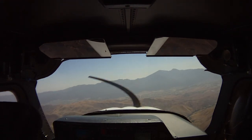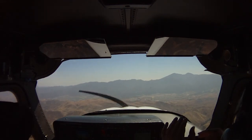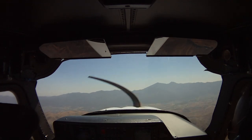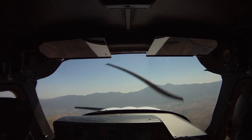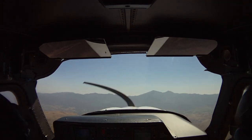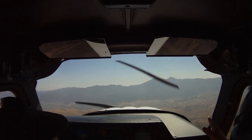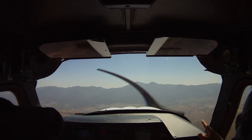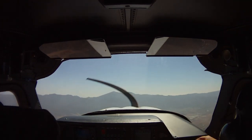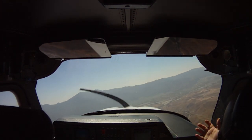Okay, so as you're doing a turn with the airplane configured for slow flight like this, the plane is kind of sluggish. You'll notice that it doesn't respond as quickly, it kind of lags behind, so we don't have as much effectiveness over the controls, and that's because the airspeed is obviously slower, so there's less airflow over the controls. So we have to be a little more patient, and if you make a turn to the right, let's say here, as you roll in, it takes a little while for the plane to catch up, and once it starts to roll in, then you almost have to sit and hold it back a little bit because it'll tend to want to continue to bank in. And again, the plane is a little sluggish because of the reduced airflow over the